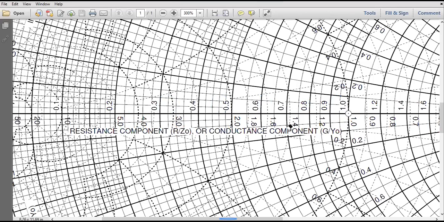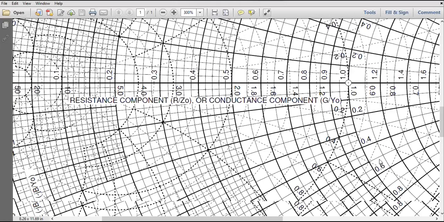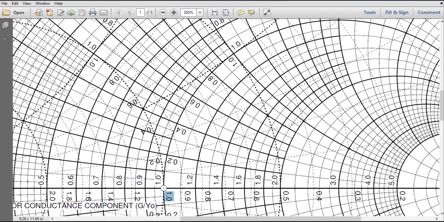Now here, what we have to plot. So this is your real part. Now the imaginary part, for the imaginary part also you can just look for it. Now here this imaginary part, this point is 1. So 1 of Y and 1 of Z both are at the same point. If you have the Smith chart, you can look at it, so you will understand it.